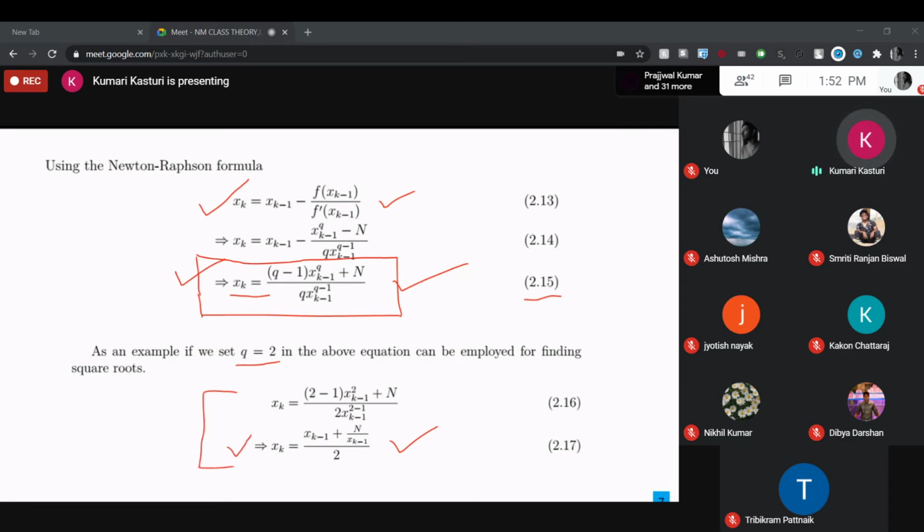We will solve one question. In the question, you will see it is given that if q is 2, then how to put the values of q in this equation. We will decide in the question what the q value is and what the n value is. Then you go to this generalized equation and replace all the values as per the question. Then we have to find the values in the iterative method one by one. Okay, all of you write down this equation, then we can find the next value.